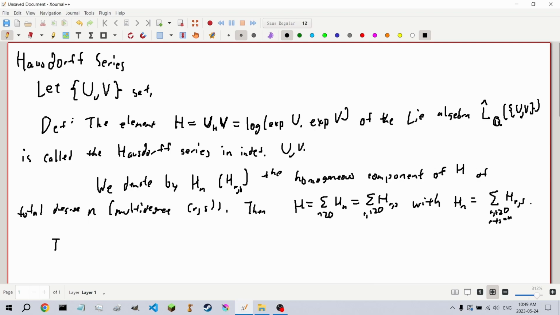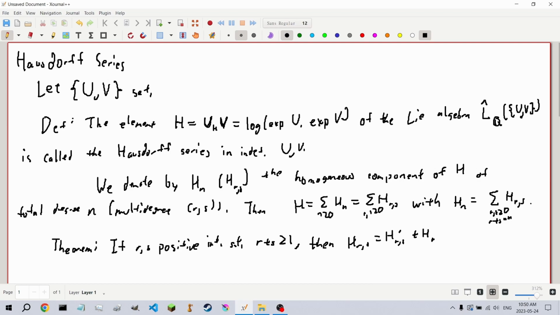This brings us to our first theorem. It states, if r and s are positive integers such that r plus s is non-zero, it has to be at least 2, right? Then h_{r,s} is equal to h'_{r,s} plus h''_{r,s}, where